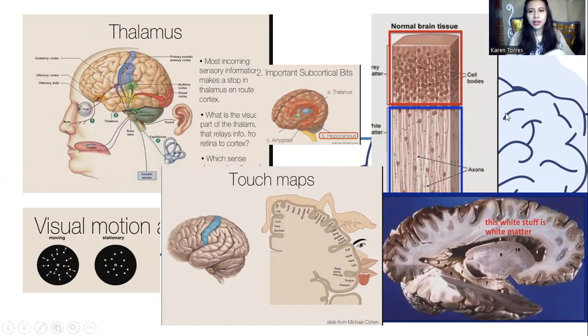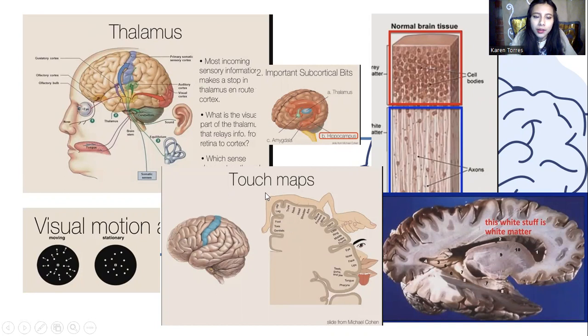Also, she explained the structure of the brain, like the brain is made of really, really small connections that make the white part of the brain. This brain obviously is dead, and that's the reason why this became a mass. But the reality is that there are a lot of small connections.